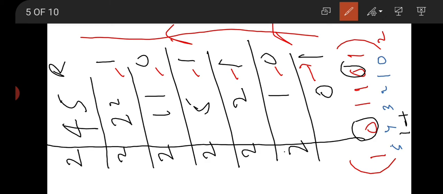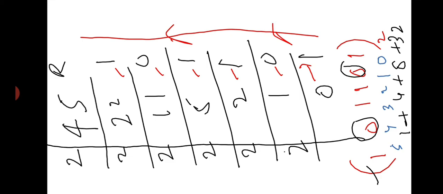Plus here 1 into 2 to the power 2, that means 4, plus 1 into 2 to the power 3, that means 8, plus 1 into 2 to the power 5, that means 32. And if we add 32 plus 8, 40, 40 plus 4, 44 and 1, 45. That means we have verified this binary number. This is the exact and accurate number of 45. So this is the process to convert from decimal to binary, and how to cross verify it. Now we have to practice some more.